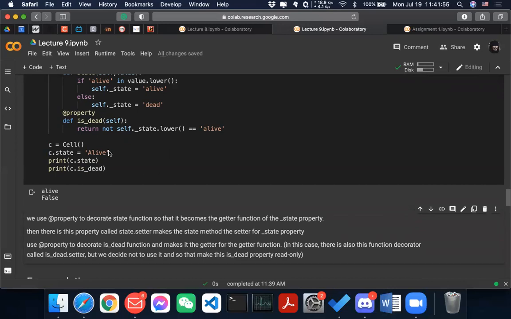Then there is this state.setter, which makes the state method the setter for the _state property, and then we use @property to decorate that function, which makes it the getter for